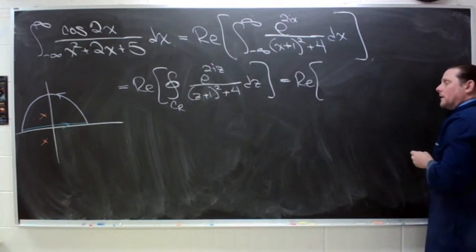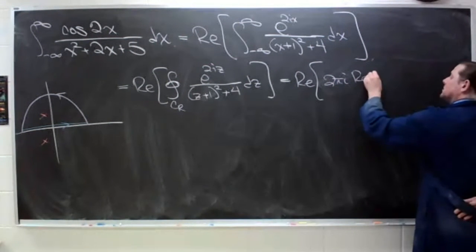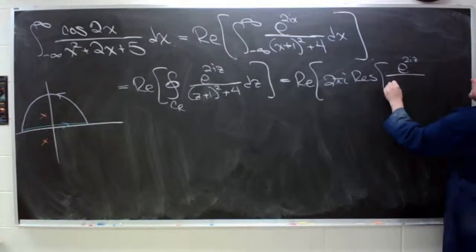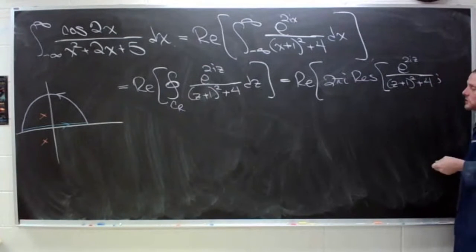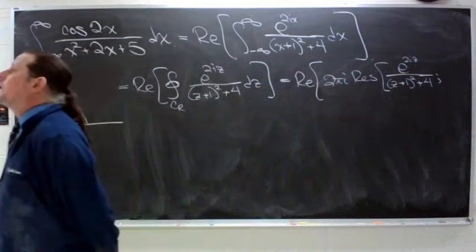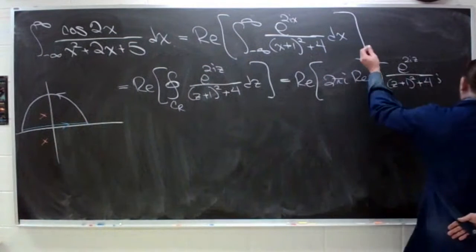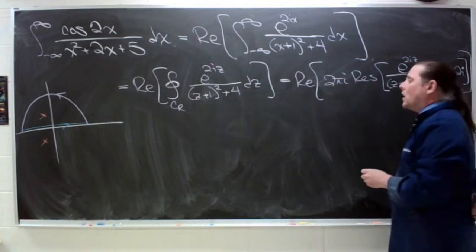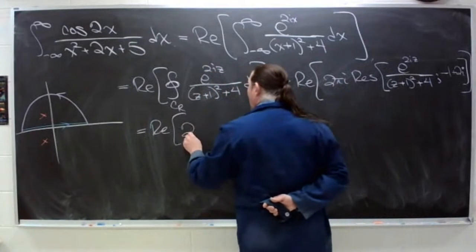That's equal to the real part of 2 pi i times the residue of e to the 2iz divided by (z plus 1) squared plus 4 at negative 1 plus 2i. So that's equal to the real part of 2 pi i